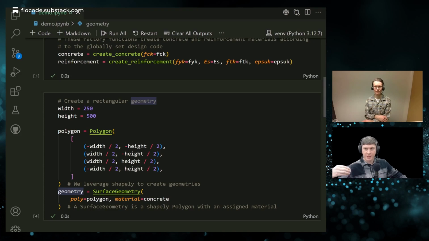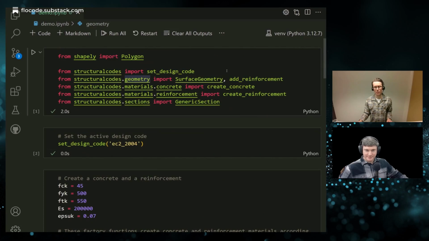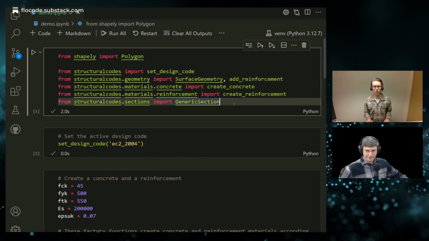Is it a 20-meter deep section? No, I wanted a 2-meter deep section, all that kind of stuff.